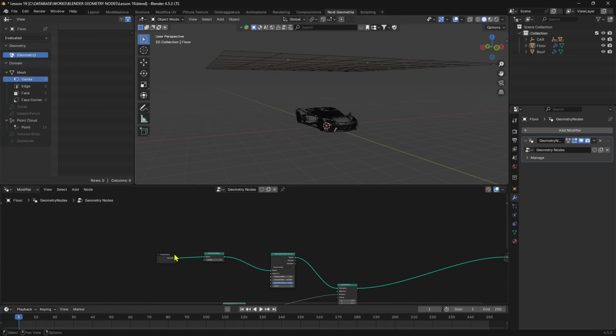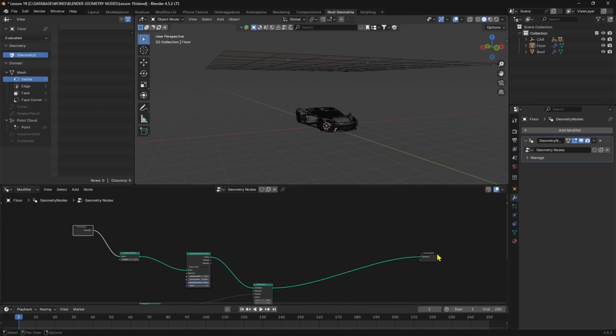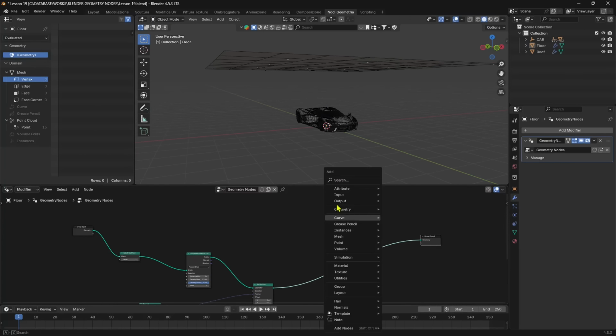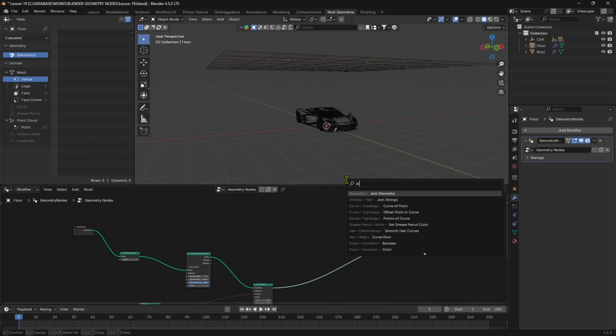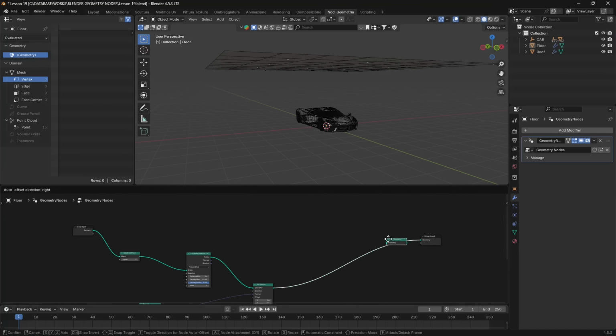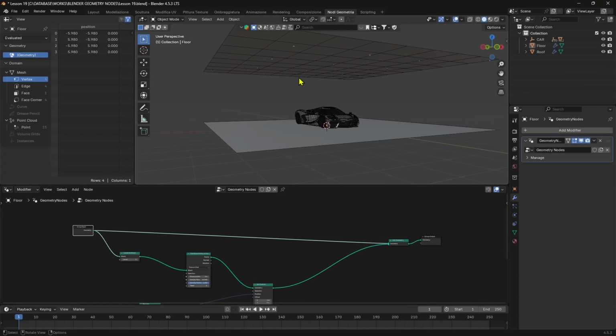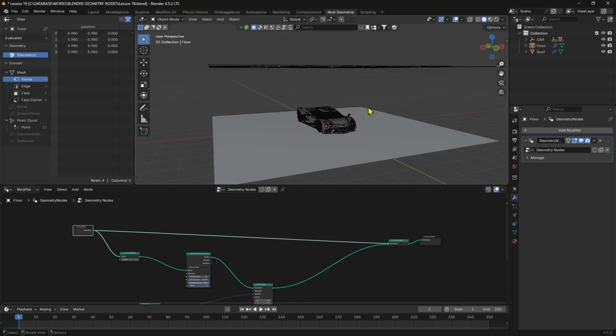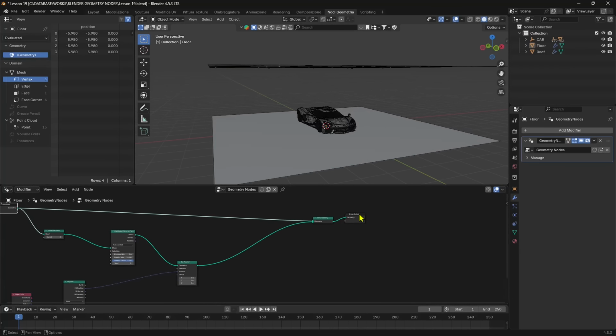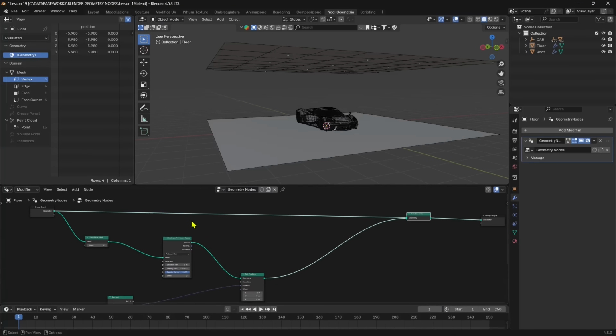To bring back the floor, we can now join the 2 geometries that we created so far. So let's add a join geometry here and take the base. So now we have the base of those points. Now we need other points down here and create the pillars in between with the curves. So that's a little bit more tricky. And for that, we're going to use a proximity. Now, if you go to Add